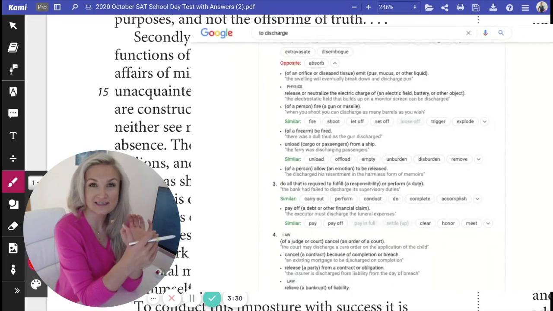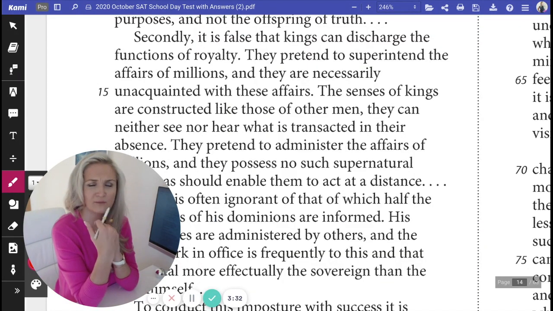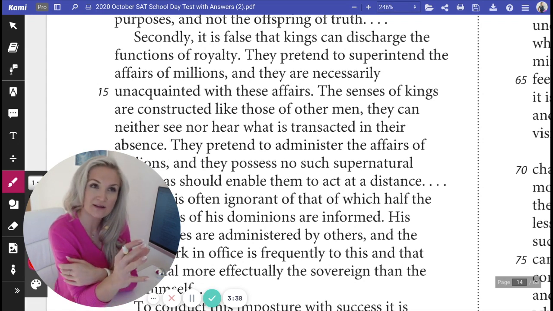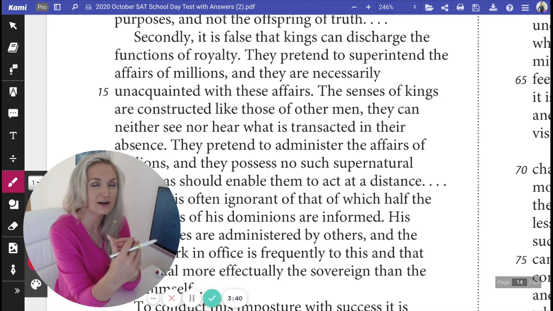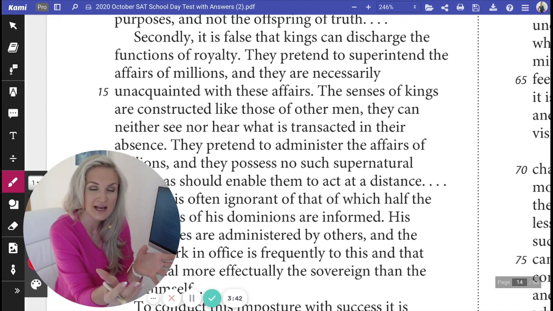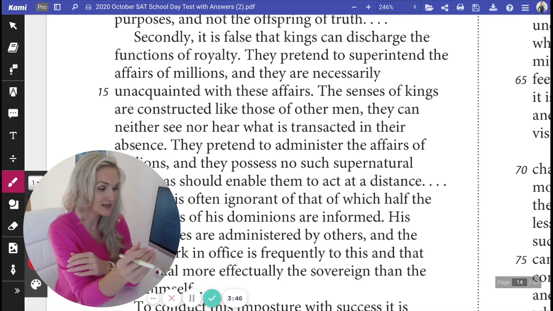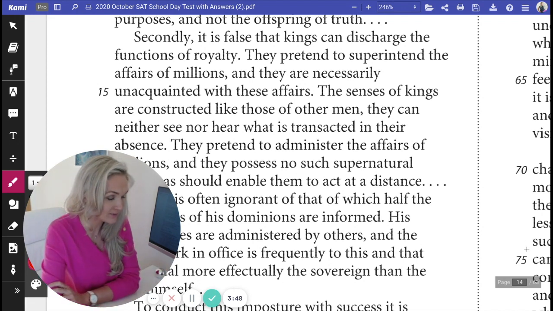I am not reading this to you guys to make you think that you actually need to remember any of these. You absolutely don't. But I just want you to know that a lot of verbs have an expansive number of meanings, and you need to figure out what the sentence is saying from the context. So if you read further down, you're going to see that what they're trying to say is that kings are unable to know